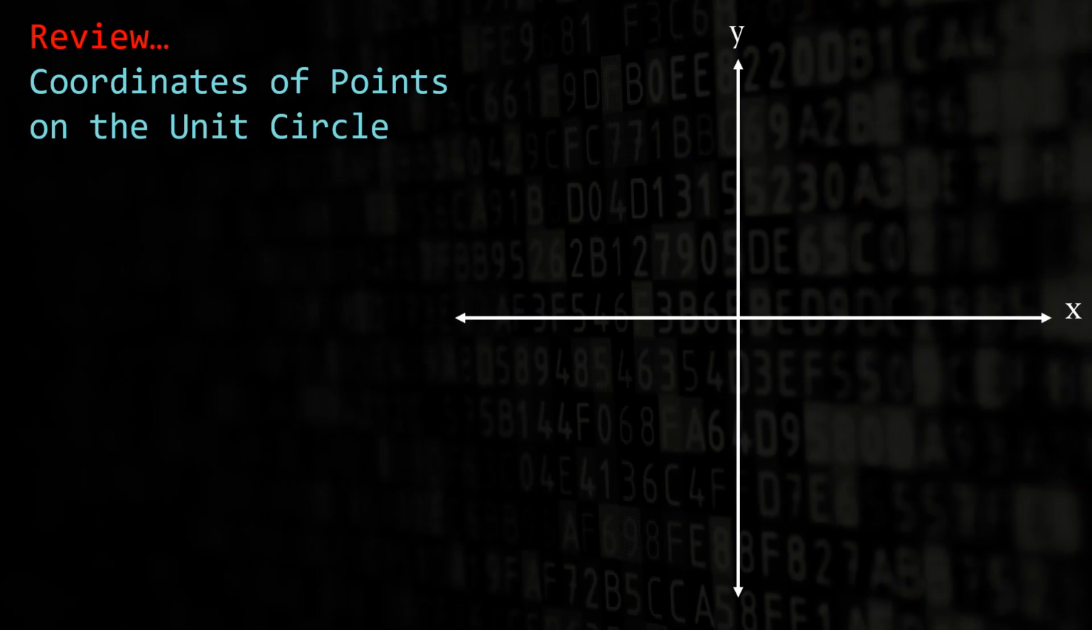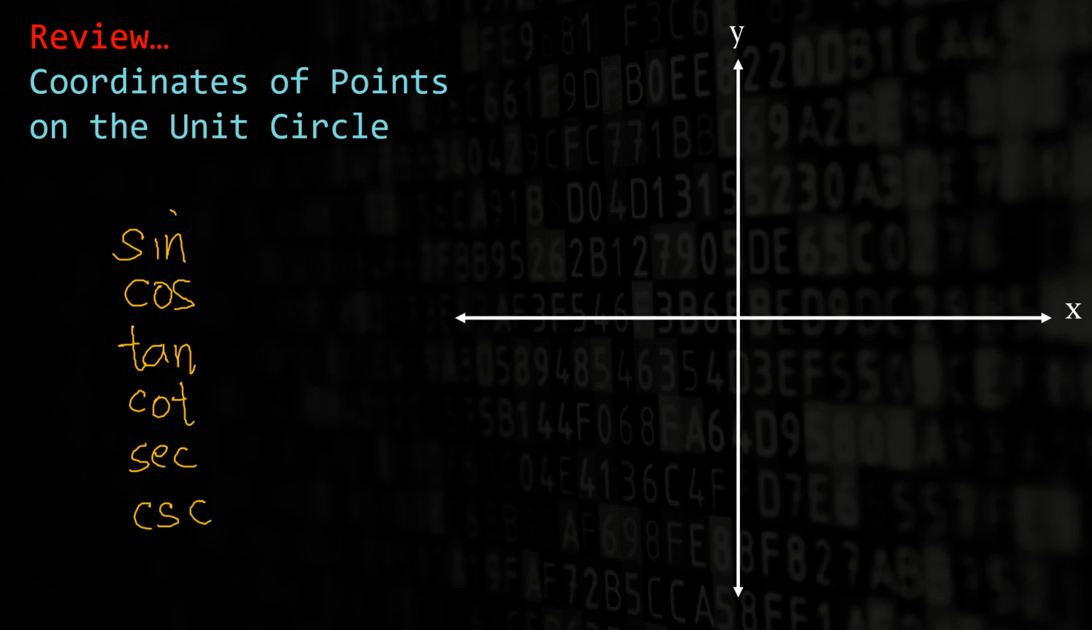In solving trigonometric equations, it will definitely require us to review the coordinates of points on the unit circle. So we know that we have 6 trigonometric functions. We have the sine function, cosine, tangent, cotangent, secant, and cosecant. We know also that sine of any angle theta is